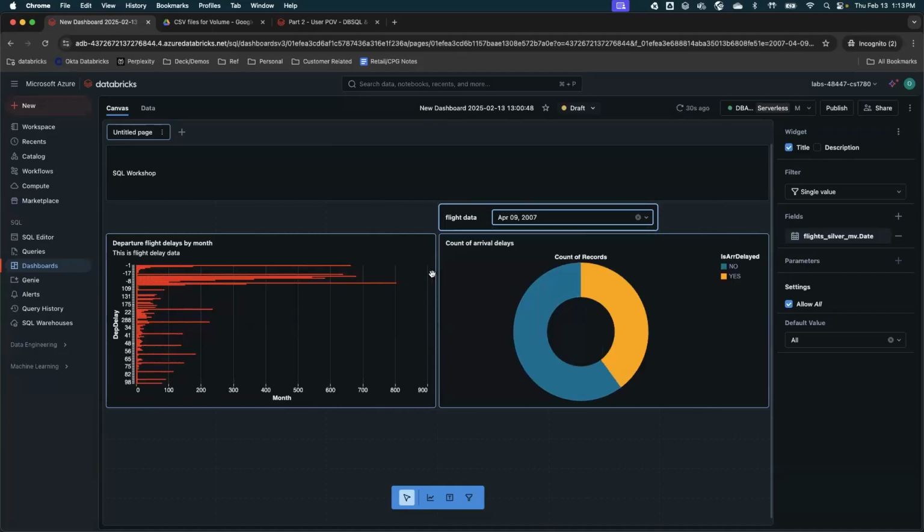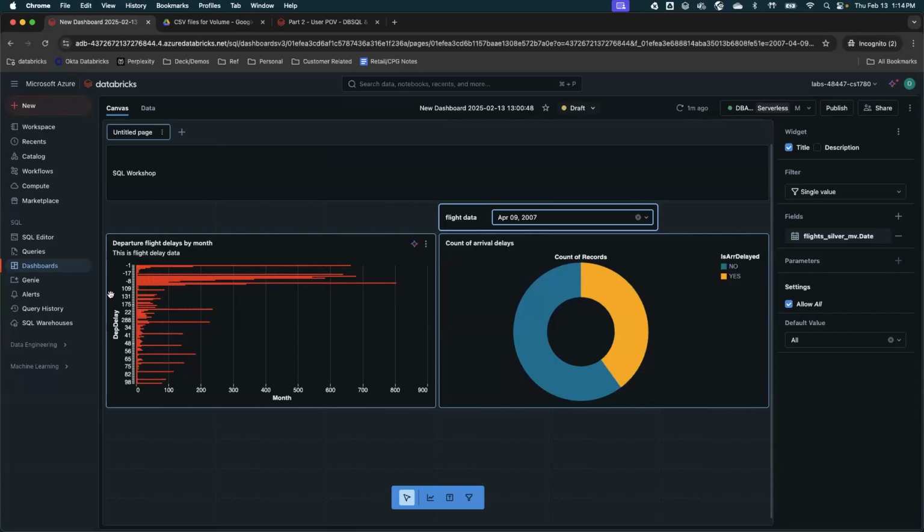And if you see, as both these charts are using similar filters, data is being changed on both charts. So if I go on a specific date, I will see there are departure delays, and we can see by how much time on the left chart. On the right side, I can see 8:46 flights arrived delayed, but there are still 1.2K flights which were on time. So we can add all those charts. We can also add parameters.